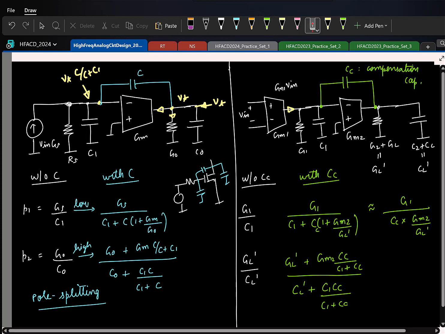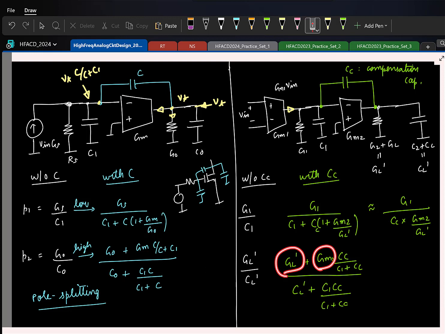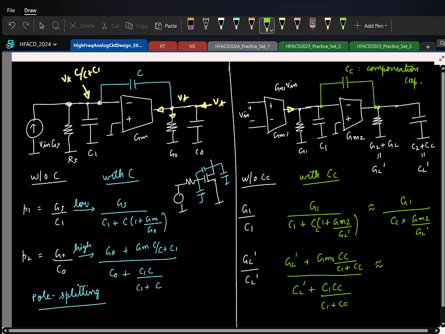Now similarly, can you help me approximate this? I have GL prime, I have GM2. Among the two, which do you think will be typically higher? GM2, because you want the DC gain of this stage is what? GM2 by GL prime is the DC gain for the second stage, that you obviously want to be greater than 1. So I can approximate this further as